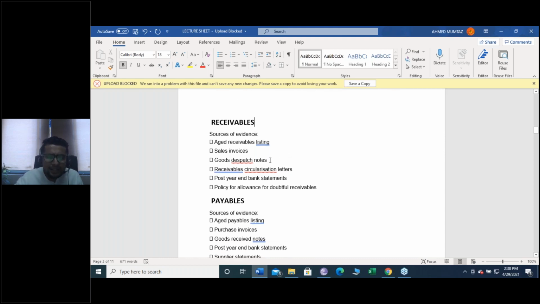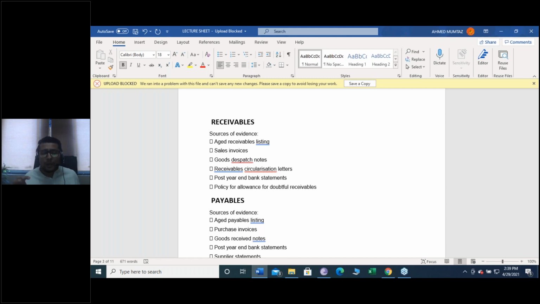See, there are certain sources of evidence which are going to create ideas in your mind. If you want to verify the receivable balance of Ahmed company, you should think about the age receivable analysis maintained by Ahmed company. Maybe you would like to inspect the age receivable analysis. You would like to identify any slow moving or very aged receivable, and maybe you want to have a discussion with the client that this particular receivable needs to be written off.